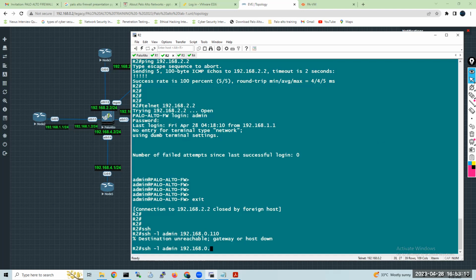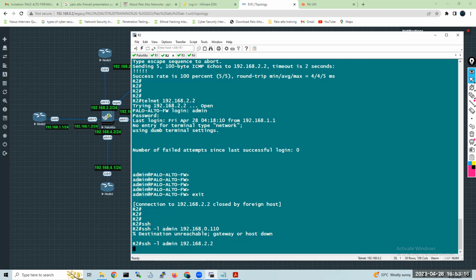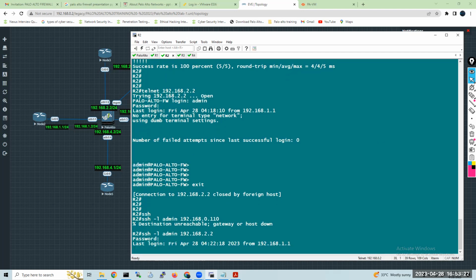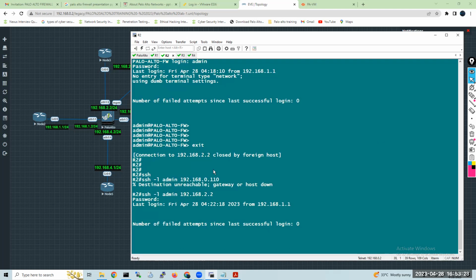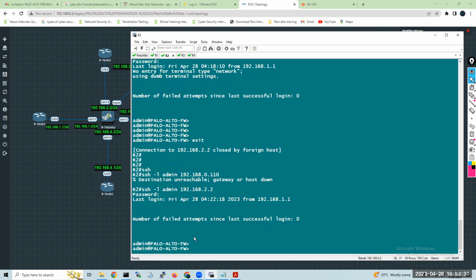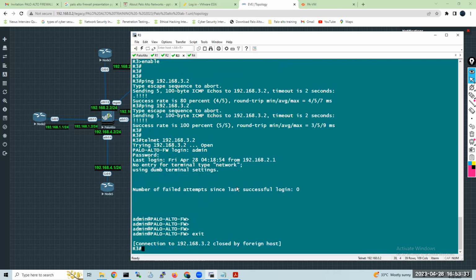We cannot access that. For this one, I think it's 2.2. So I can enter it. From all four routers, I can access it.